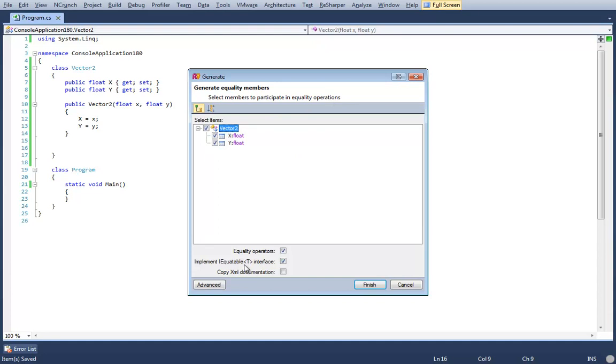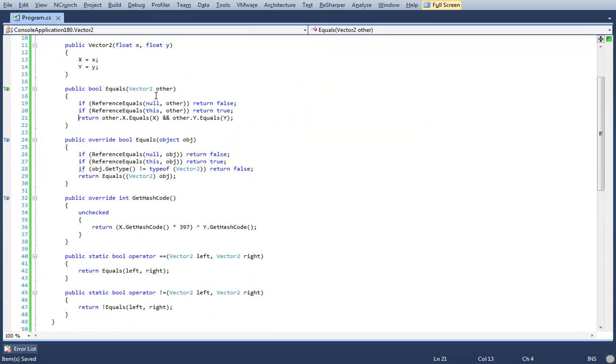And then you also have the option to implement IEquatable, the interface, and the option to implement equality operators, and advanced, which is kind of irrelevant. So then if you hit finish, you get all this code.